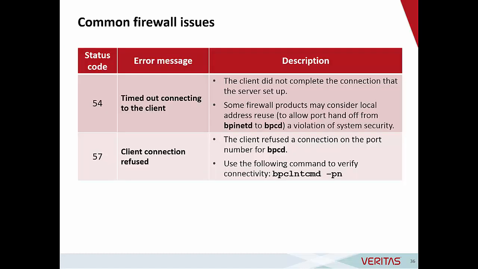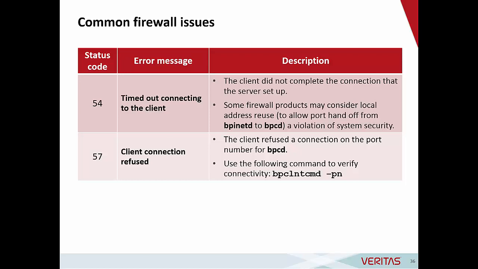This slide shows two status codes that are often associated with firewall issues. The status code 54 is a timeout connecting to the client, which means that we did initially make a connection to the client. However, the client did not complete that connection. A lot of times what can be happening here is there's a handoff of the port from one process to another within NetBackup. NetBackup uses port inheritance, so that one process, such as VNetD, for example, may hand off a port it's using to a different process. And some firewall software that may be running locally on the server considers that a security violation,